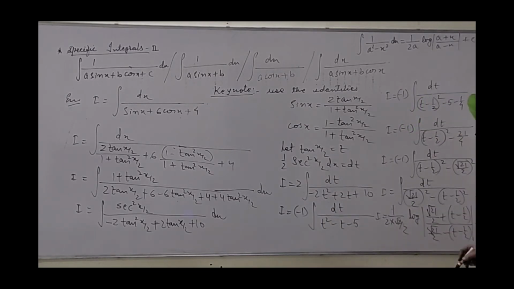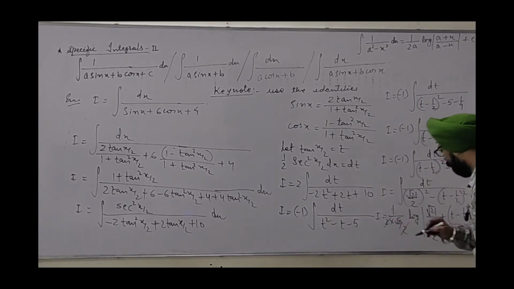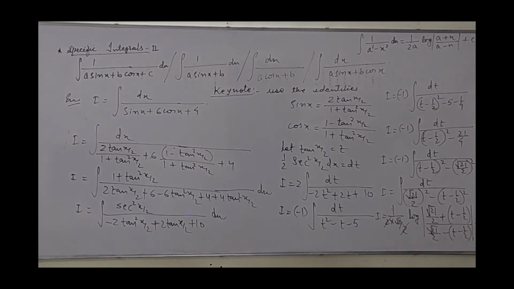Plus c. This 2 and 2 cancelled out. Here, because of root 21, simplification with 1 by 2 is not possible, but we can club them and we can put the final answer as,